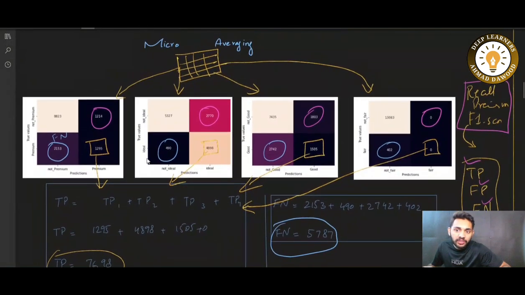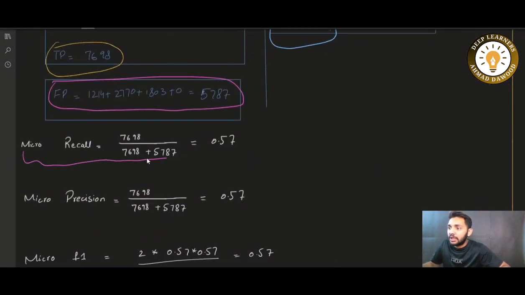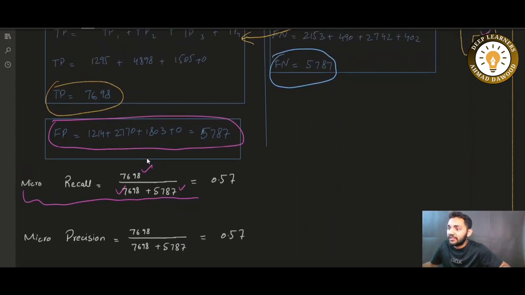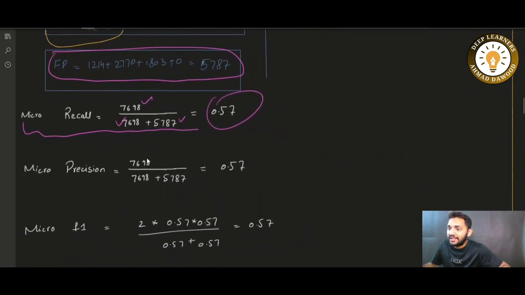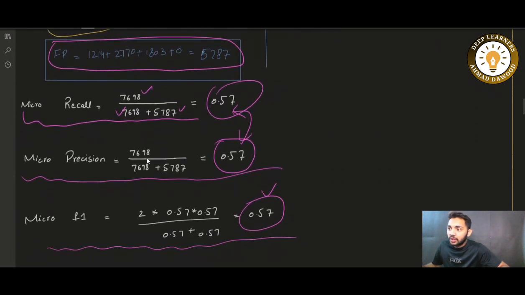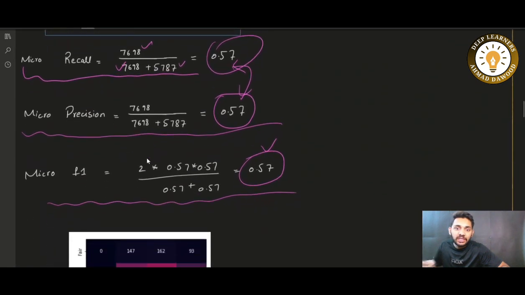Now you can compute recall, precision, and F1 score for micro average. Micro recall will be true positive divided by true positive plus false negative: 7698 divided by 7698 plus 5787, which is the false negative. So this is here. In the same way, you can calculate micro precision, and it is again giving the same score. Micro F1 score is again giving the same score because precision and recall are both the same, so the average of both will be the same, 0.57. Now these measures are giving the same score. Now we will compute the accuracy of our